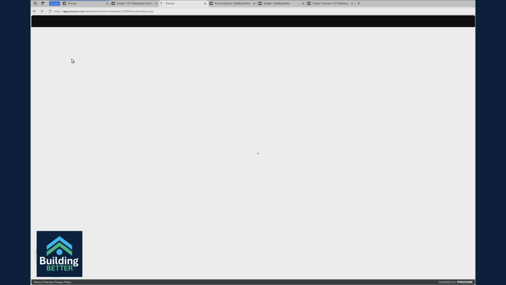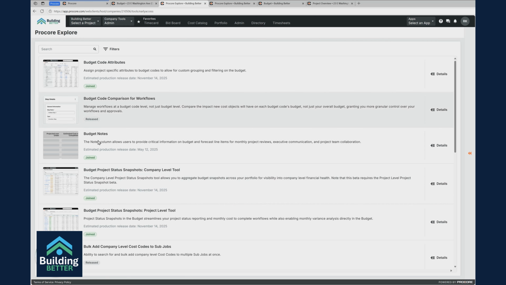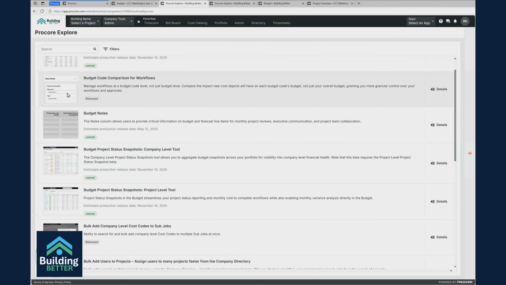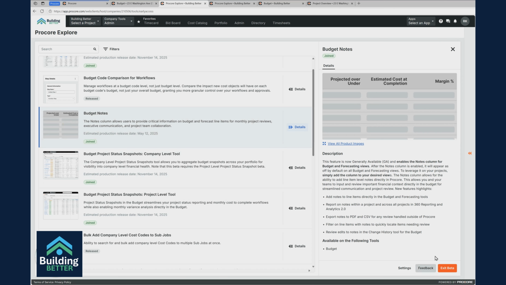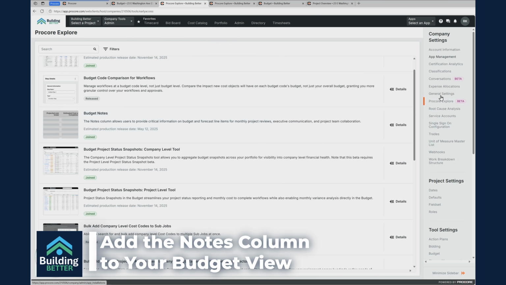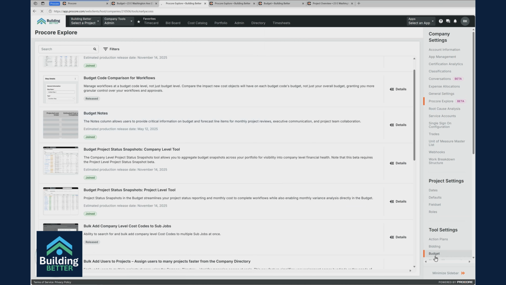You're going to look at Procore Explorer. I'm just showing you this because this is where everything, all the early access to all the tools are going to start appearing. So you can see them right there. The one that I'm going to look at is budget notes. You can see that I'm already part of it. You can just join it there, but this one has actually been generally released. So we're going to go back to the company level admin here, scroll down, we're going to select budget